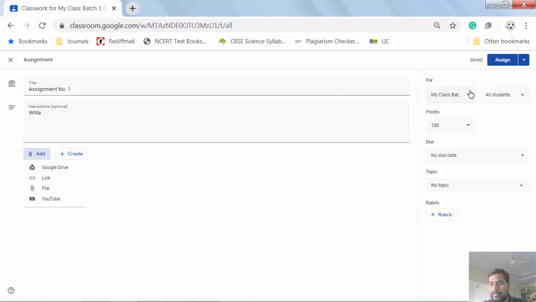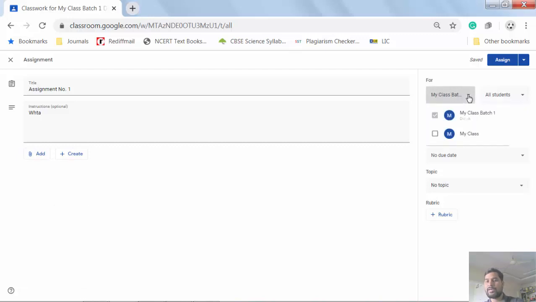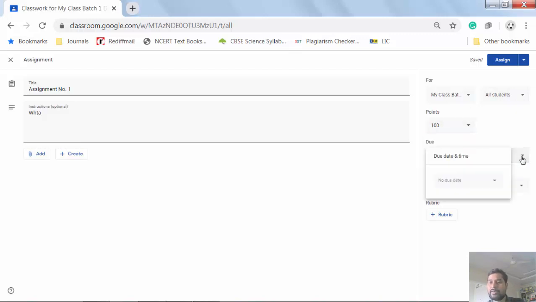Here we can assign one assignment to other classes also. Here we can see all the classes and all the students. Then there are some points we can give for the assignment. We can type a due date, then a topic.